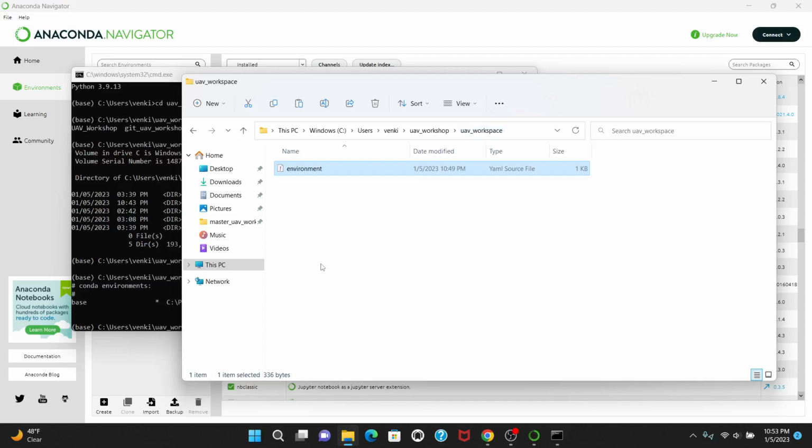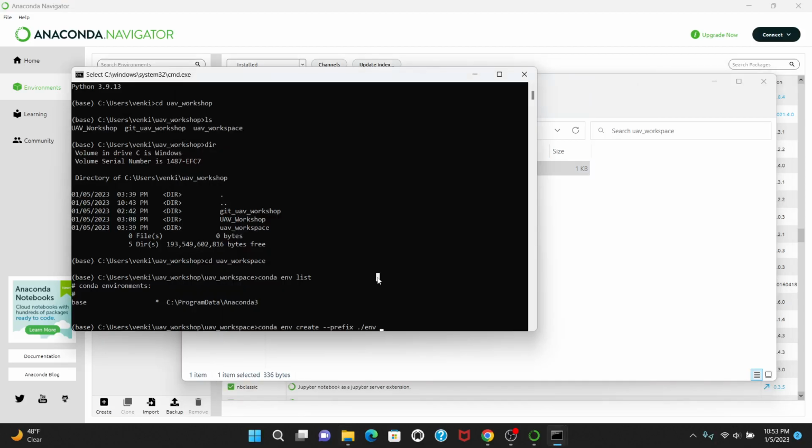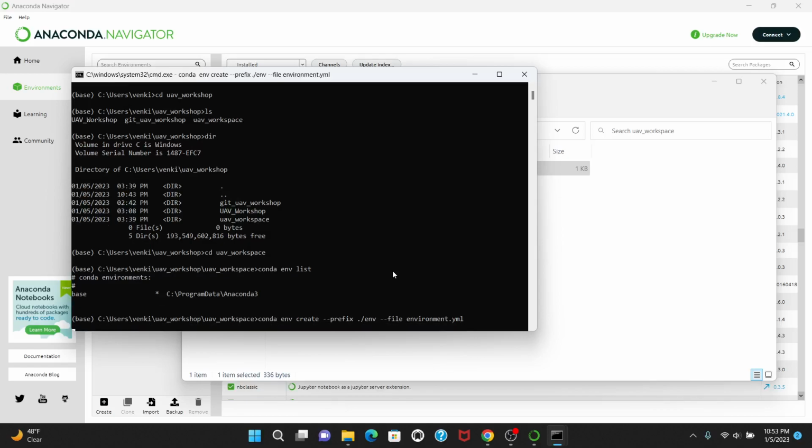I put that environment file there, and now I'm in this file, and now I'm going to say file, and that's your environment thing. So basically, now it's going to create the whole package. And I hit enter. Let's see what happens. So it's going to read the file. As you can see, this is reading the